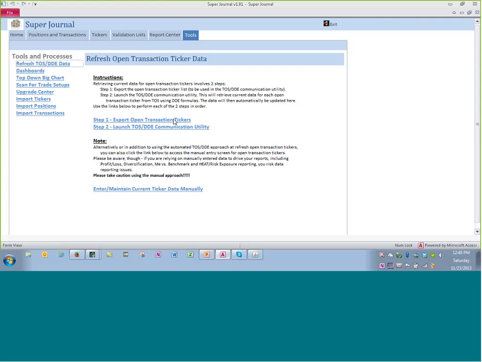Step one is to export the open transaction tickers, and step two is to launch the test TOS DDE communication utility. Now, some time ago, Microsoft pushed a security patch that made this stop working. So the procedure I'm going to go through actually includes the workaround for this. And I've posted that workaround in the